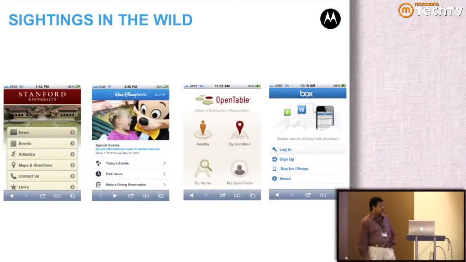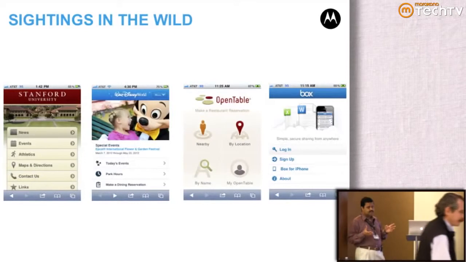Just to give you an idea of the kinds of applications that have been built using this framework, there is the Stanford application, Walt Disney, OpenTable. As you can see, each of these applications looks very different from each other. They don't look like your typical enterprise application. They convey the branding of the company that it is built for.